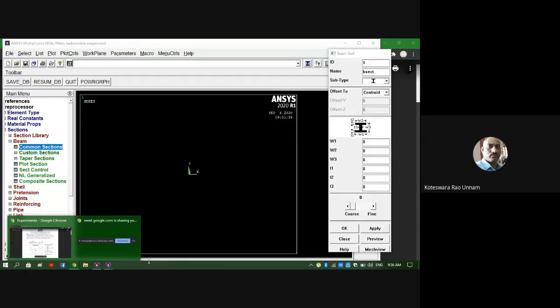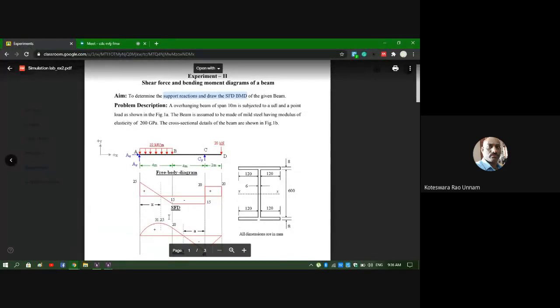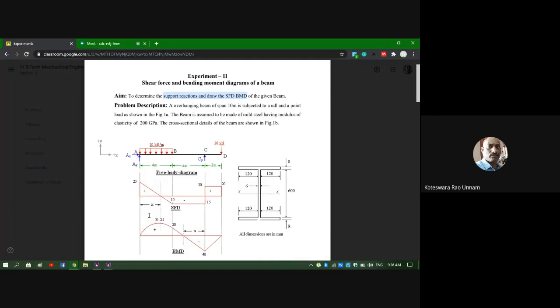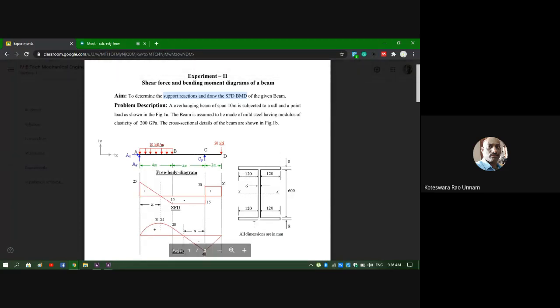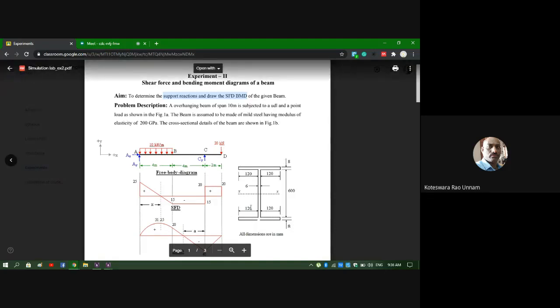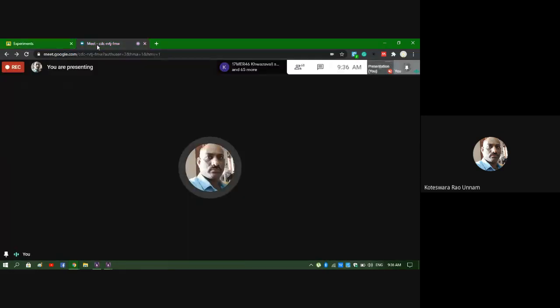So with that, in the diagram, he has given everything, all those properties. But the only thing is, here he has given in mm, but we are solving the problem in meters. So therefore, you need to convert this into meters. So now if I take a flange width, both are same. Here W1 and W2 both are same. 120 plus 6 plus 120, that is 246. So 246 mm.